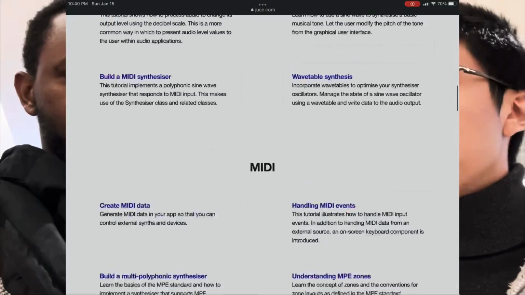Really? So you didn't struggle with Apple's libraries and stuff? Because I know Apple makes a lot of stuff that only works with iOS. They don't like to share with other things. Yeah. So the secret is I use JUCE. JUCE is the library that allows me to basically build for all the platforms.